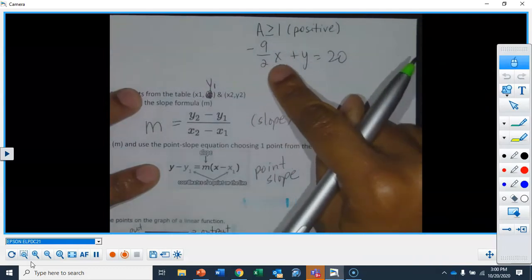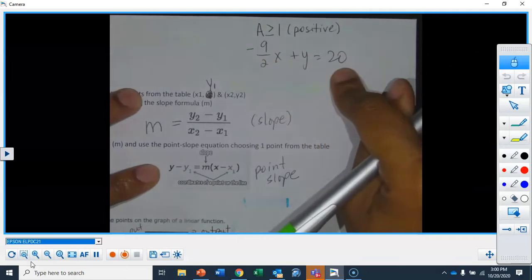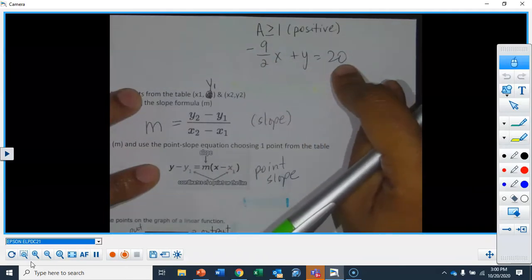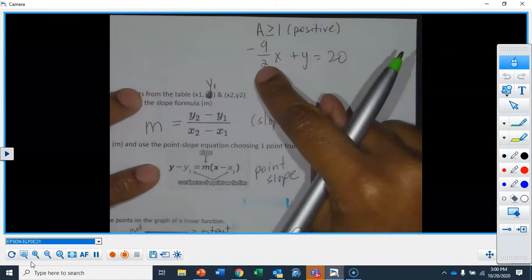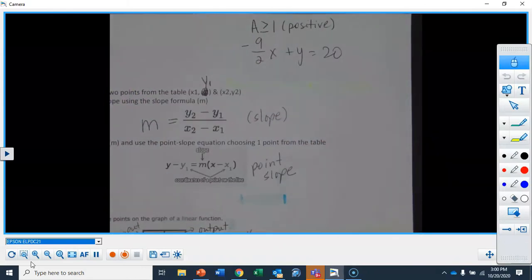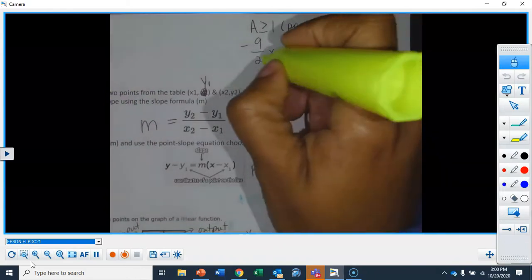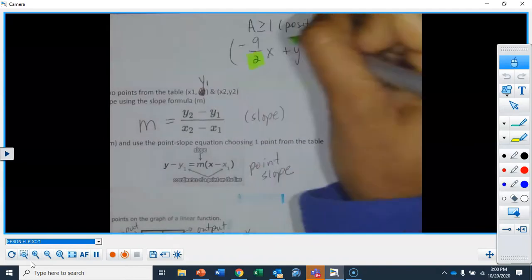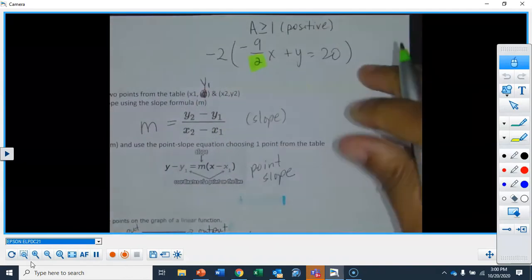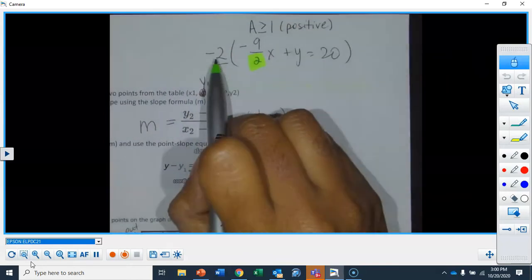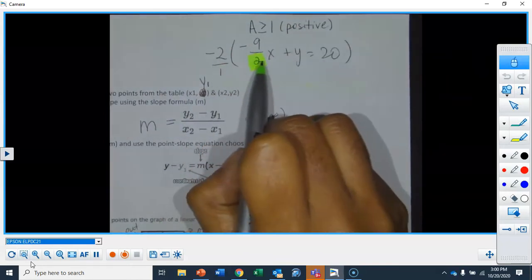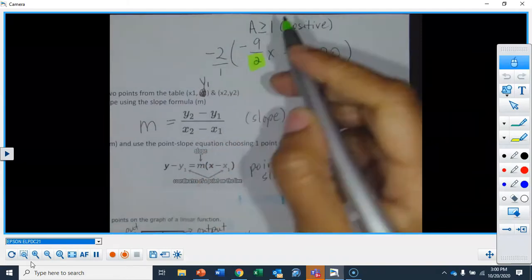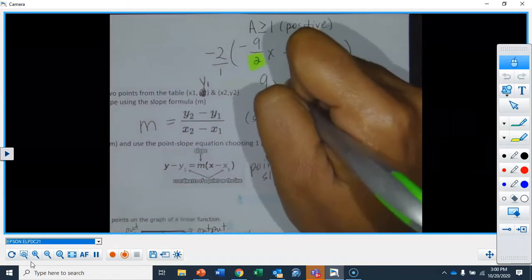So I'm going to multiply everything in this equation by a negative 2, right? Not just the 2, and I'm going to highlight that again. It's negative 2 because I want to get rid of that negative 9. So I have to multiply by whatever's in the denominator on the a term. I hope you hear me say that. So I'm going to come and multiply everything by negative 2. Okay? And this is like having that over 1. So this is positive 18 over 2. Positive 18 divided by 2 is 9x.